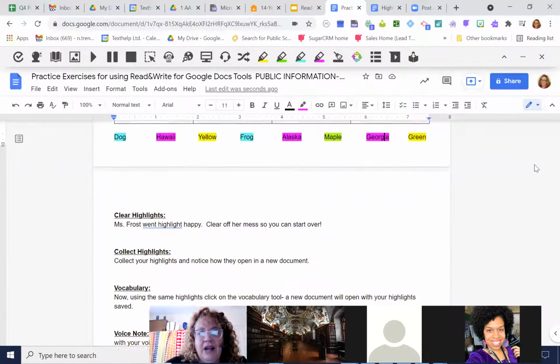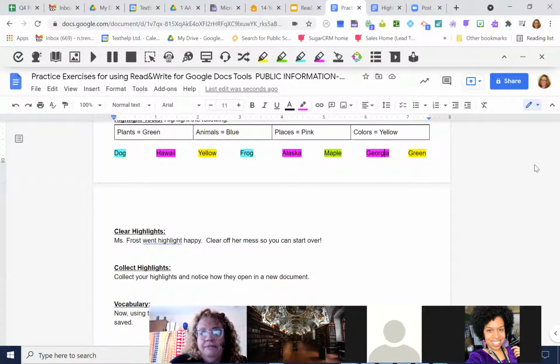And then last but not least, I've got these highlighted, and I'm going to click this one. This is the sexy button. This is the one that all the teachers love the most. This vocabulary button is just awesome. And you could start modeling this for the students, but eventually your students may be able to do this on their own. So I've selected some individual words, and I'm going to press this little button that looks like a